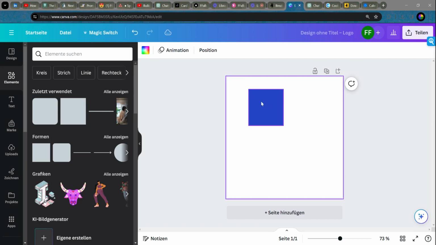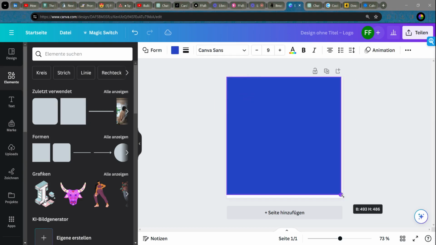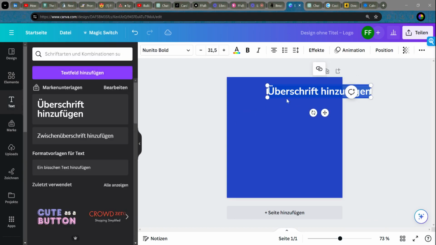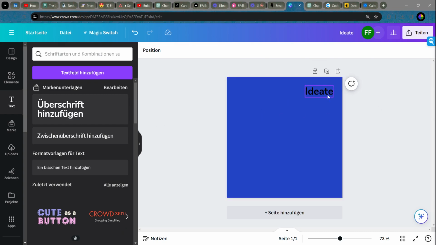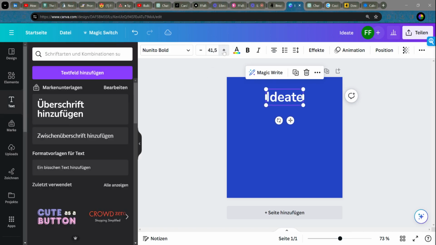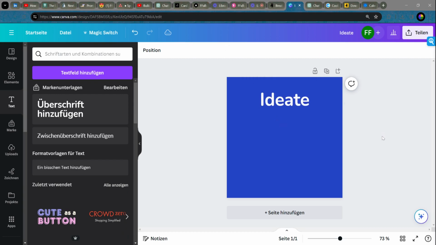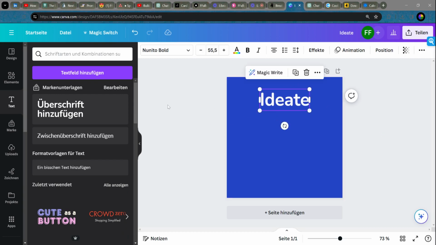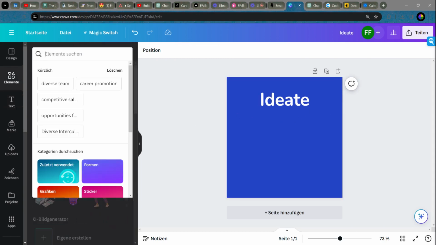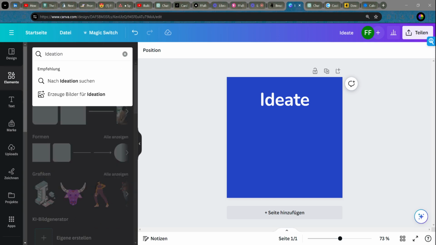We just take the background here, so that's nice. Then we take a text, so we just put something here. We say this is ideate, right? We have the ideate phase. This is black, we don't want to have it black. Let's take it white. We want to have it way bigger. So maybe that's nice, we have a bit of space here. We take it simple. So we go for elements, and then I say normally ideation, for example, let's quickly,